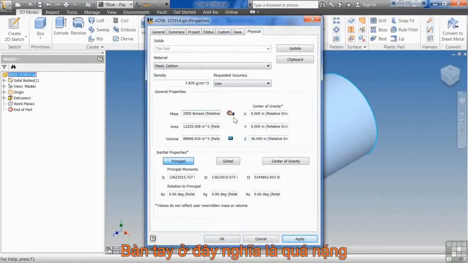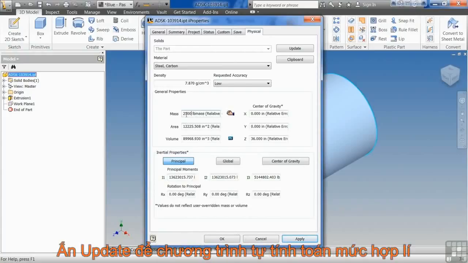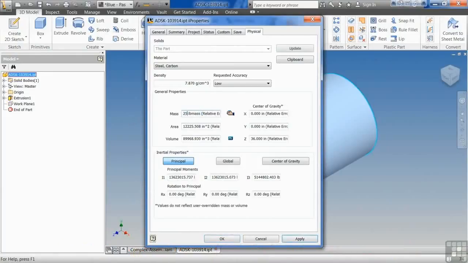You'll notice right away I get the little hand here. And to me, it looks like somebody's sitting there tapping their fingers. So it tells me that, hey, I've overridden this. This one's calculated. This one's overridden. If for some reason I wanted to get rid of this, I just highlight it and delete it and say update. It'll go back to just being good old-fashioned calculated. But I'm going to override this, say apply,